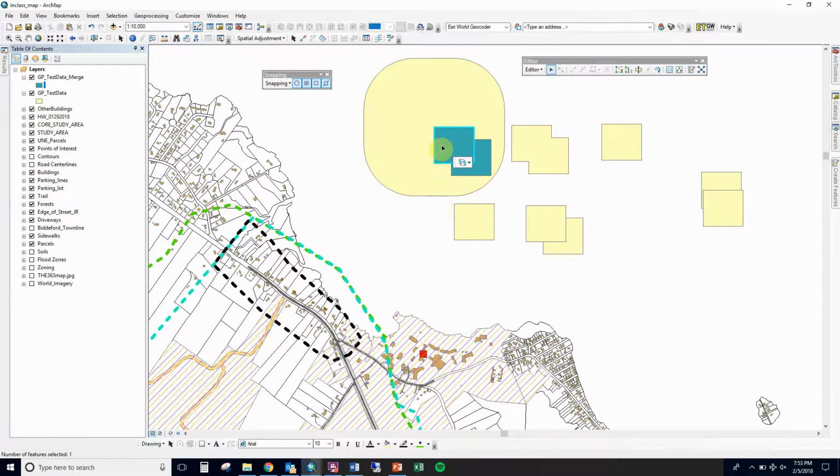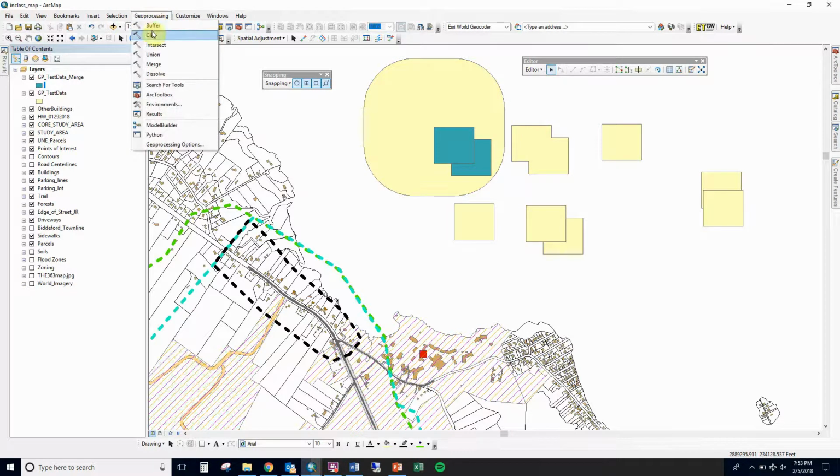If you click on something and it gives you this selection box, it means you have two things on top of each other that are both selectable. So you can tell it to pick either that one or that one. So I want it to select this one so I can move it a little bit. Oop, that didn't work. I want it to select that one. I guess I can't move it, doesn't matter. So this is one of the ones you have to do between two layers. And you'll see the ones we've talked about so far that are like mid-editing things, buffer and clip, or buffer and merge are both up here. So if we do a clip,